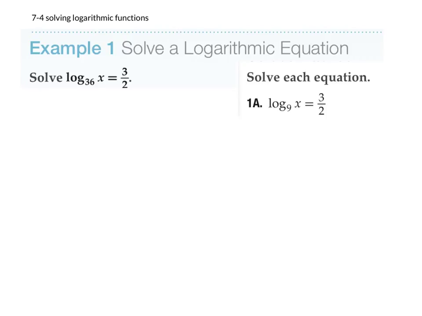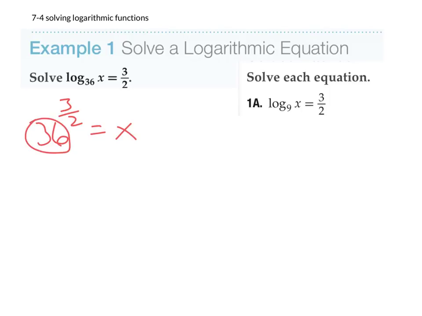To solve logarithmic equations, we can do it a couple different ways. The first way I'm going to do is rewrite the log as an equation. So we always have the base first, so 36 to the 3/2 power equals x. Now that I have an equation,